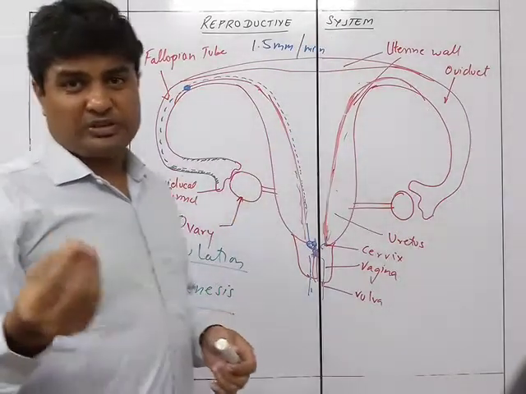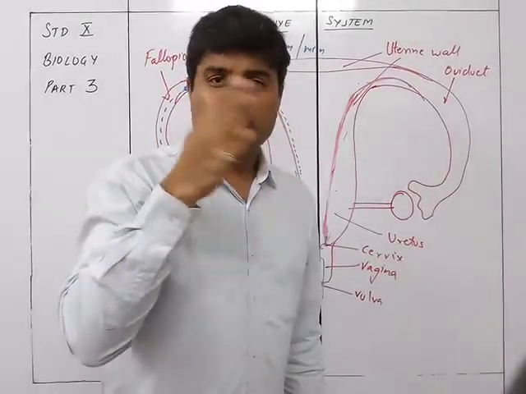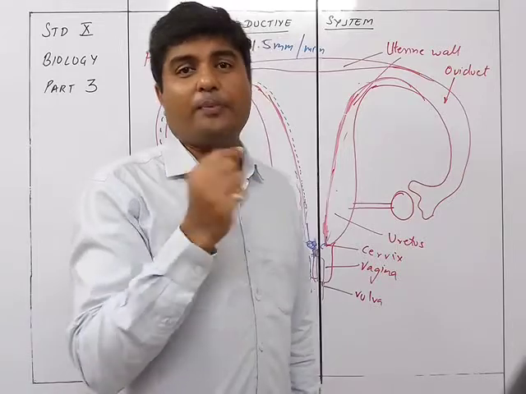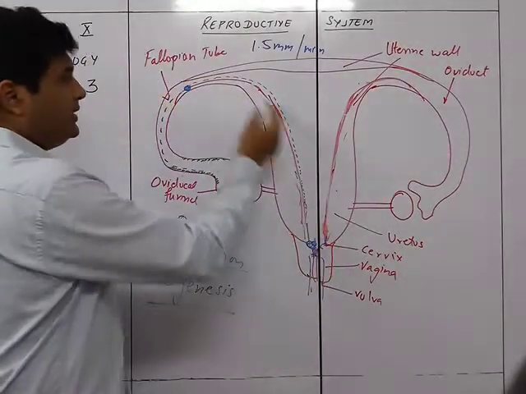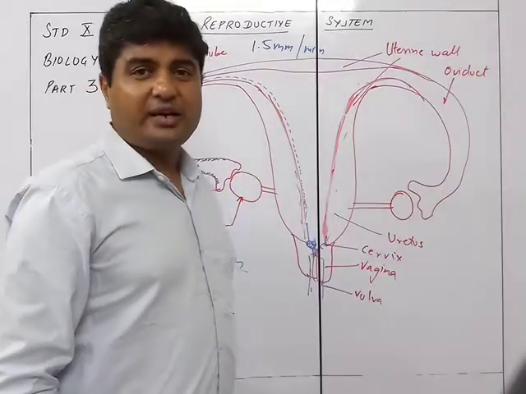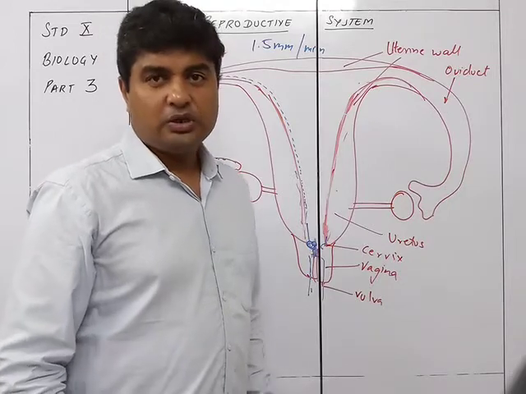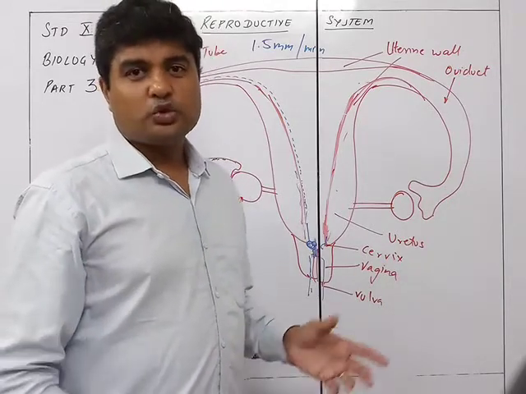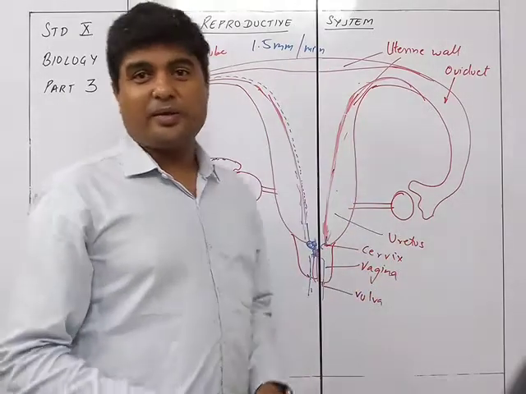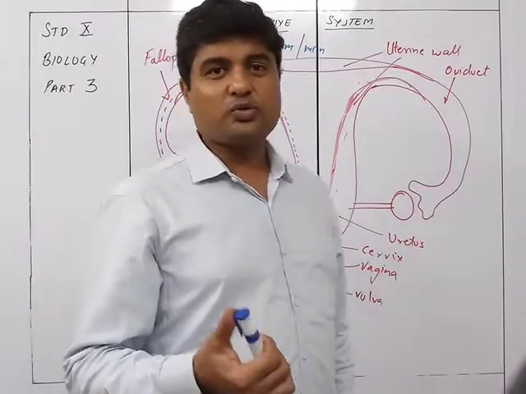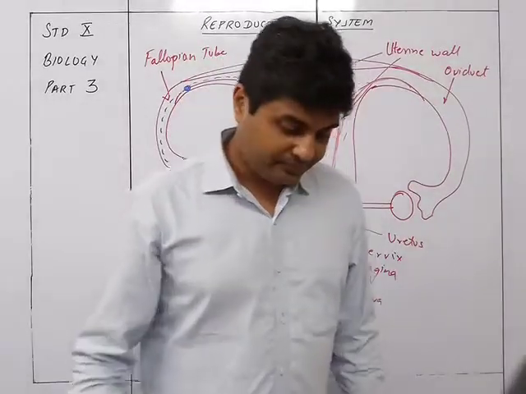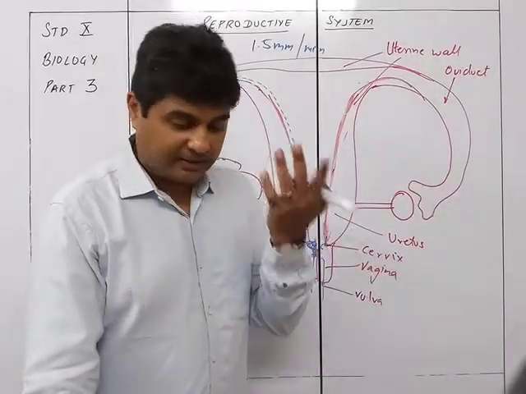It's a very tiny object. The sperm is very tiny, so with the slashing movement of the tail, how much movement can it make? In 1 minute, 1.5 mm. The complete length over here is about 10 to 15, about 12 centimeters. So 120 millimeters at the rate of 1.5 mm per minute, it will approximately take a minimum of 100 minutes to reach there. This is just an approximate idea about it.